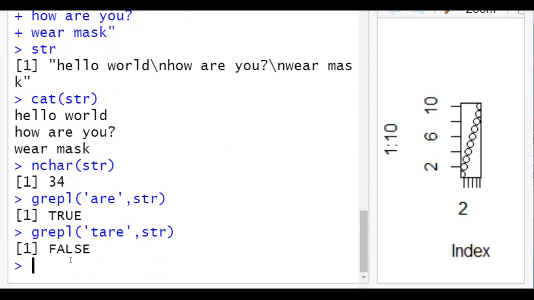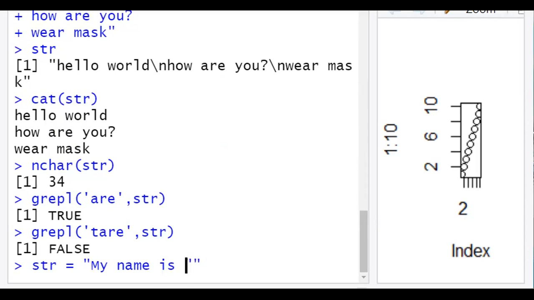We can again combine two strings or any variables using the paste method, which we have discussed already. If you want to insert special characters, that is a new line, space, or tab, we have to use the backslash, which will act as an escape. Suppose in the string itself I want to have a double quote, and I want to put it inside double quotes only.